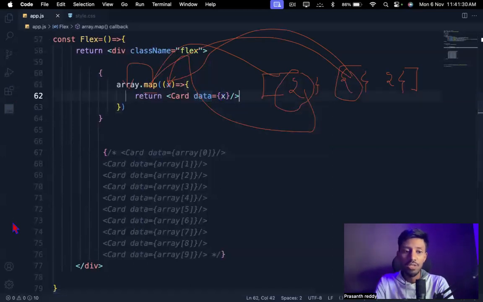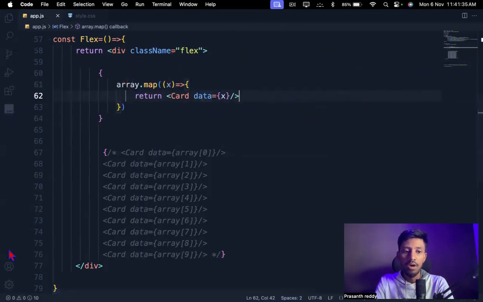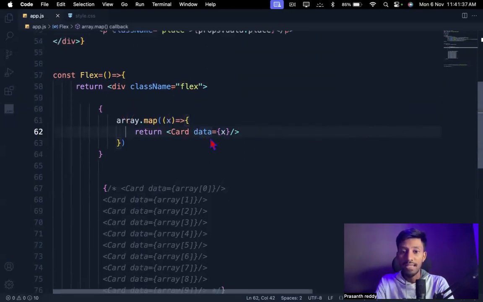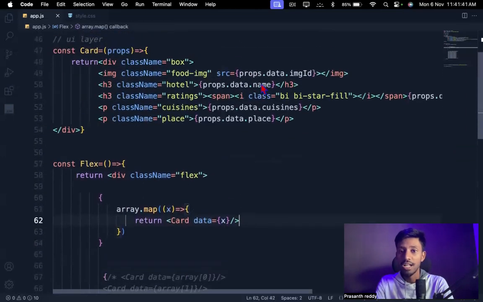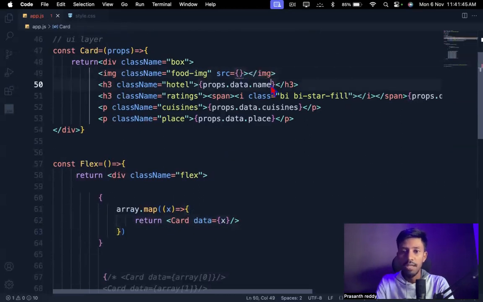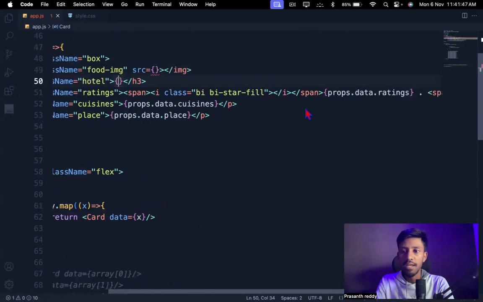Now let me remove this. We don't want these drawings. Clear all my drawings. Okay, now just go back. So we passed in this data, right? Now let's go and see this. Now we have to change here also. How to change here also? Let me remove this one, and this one also.